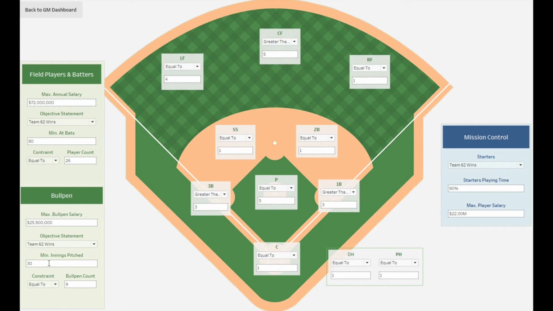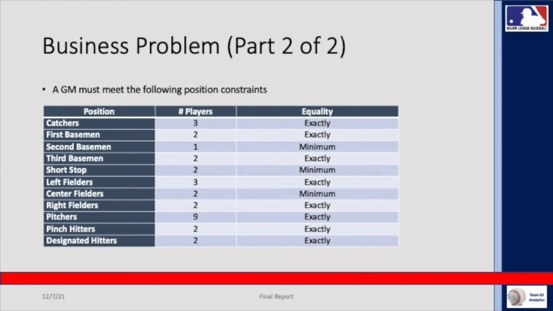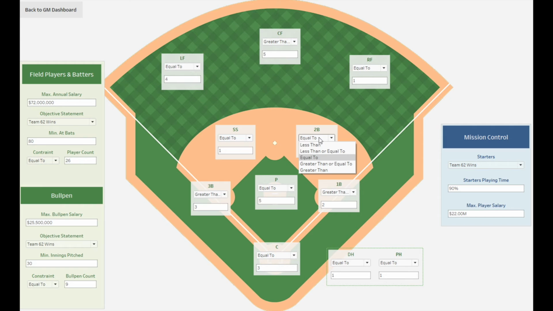And then from an individual position perspective, we have a listing of position constraints that we'll just quickly enter into the constraints tab. So this GM is looking for exactly 3 catchers, 2 first basemen, a minimum of 1 second baseman. So we'll change the equality statement here. Exactly 2 third basemen, a minimum of 2 shortstop,